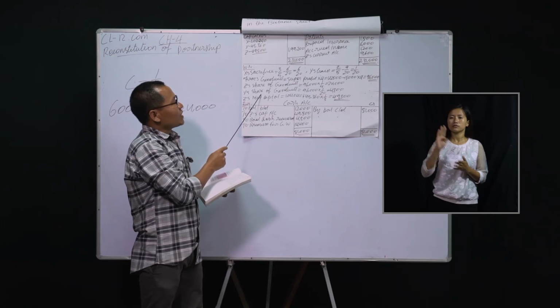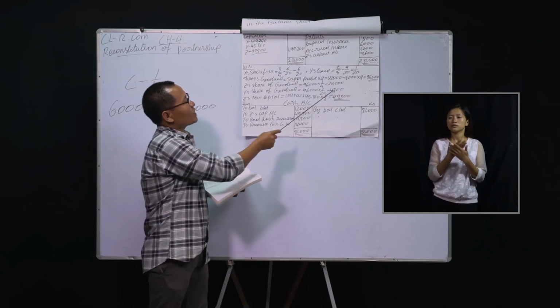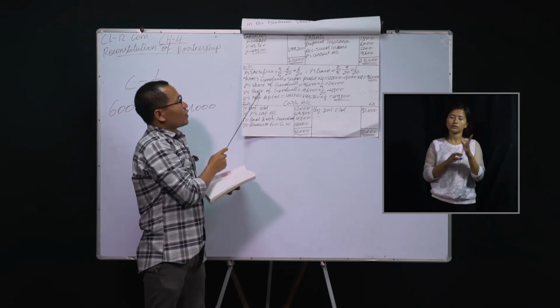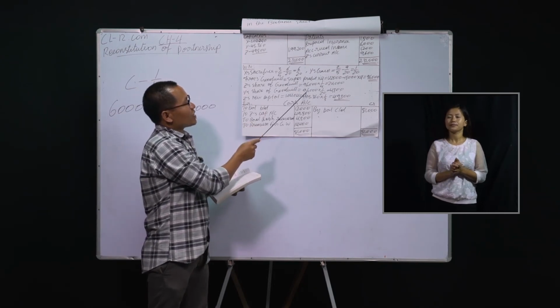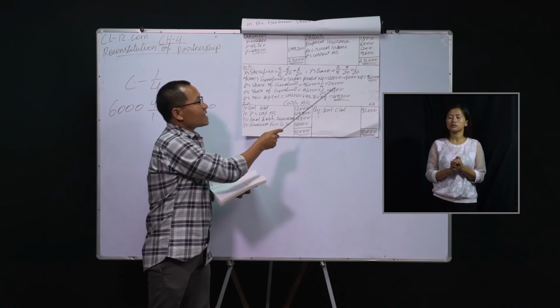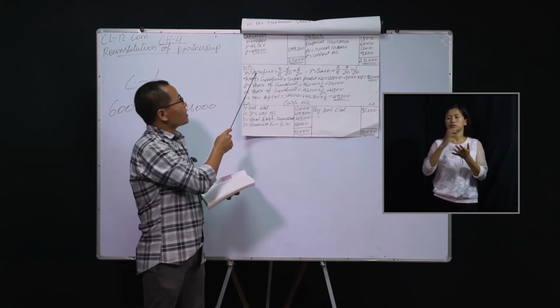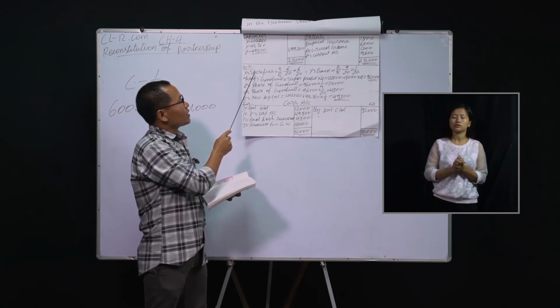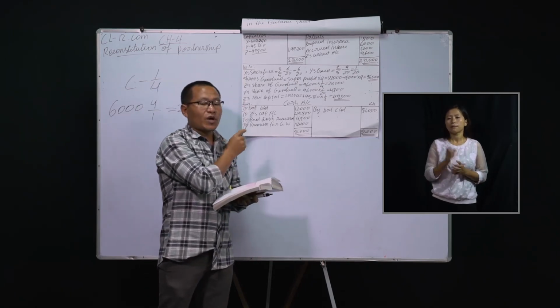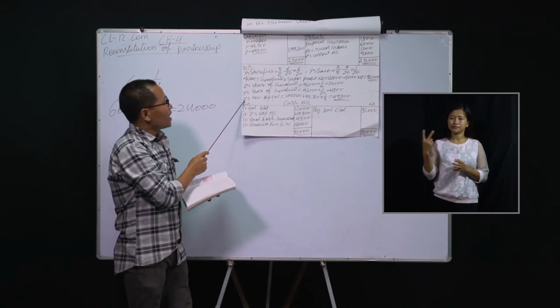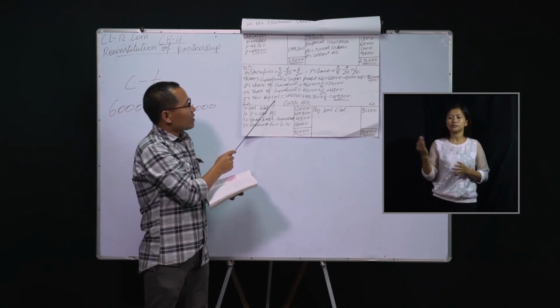So Y's share of goodwill is 4,800. That is, Y is a gaining partner, so his share out of 96,000 is 4,800. This has to be compensated to the sacrificing partner, that is X, which we have already done in the partners' capital account. And also Z's new capital account